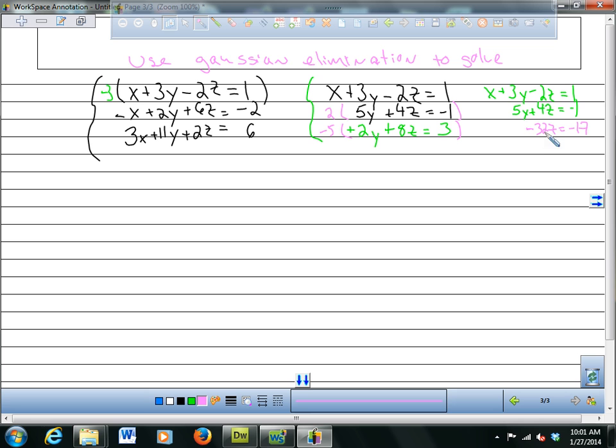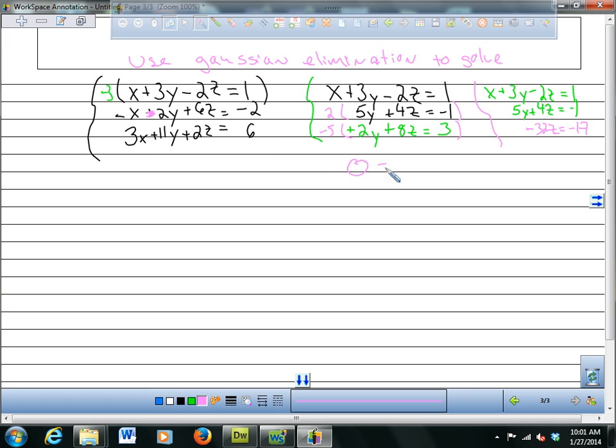And then you get some ugly looking thing for z, which would have worked if this were the system. The reason I chose this one, which didn't work, is that if you did it with a minus sign over here,